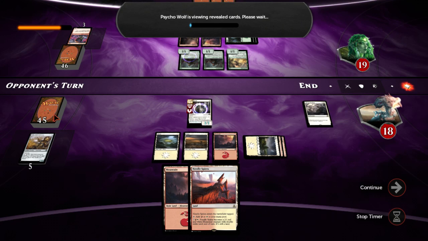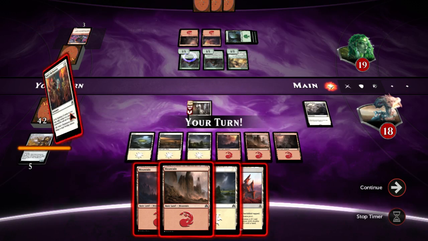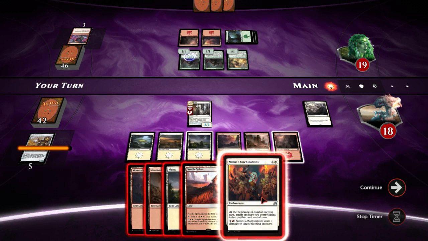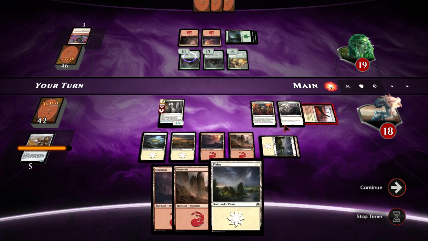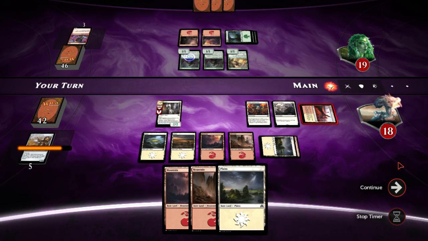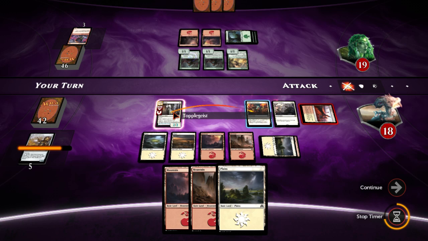we are thinning the library. There are 2 fewer lands that we are going to draw, and yeah, the Nahiri's Machination. It's cute, but it's not good enough at the moment. So this time we drop the proper land that is going to react probably with what we want to activate next turn. So since we have vigilance,